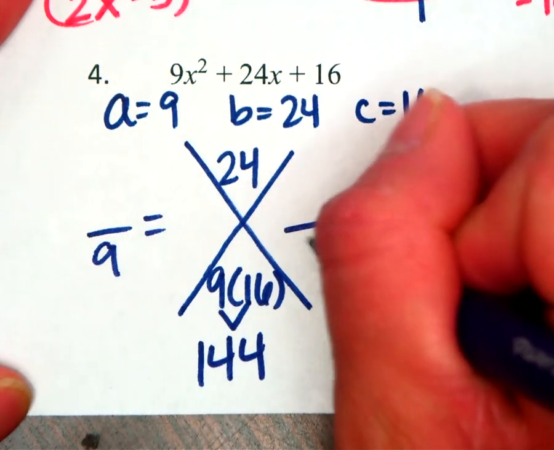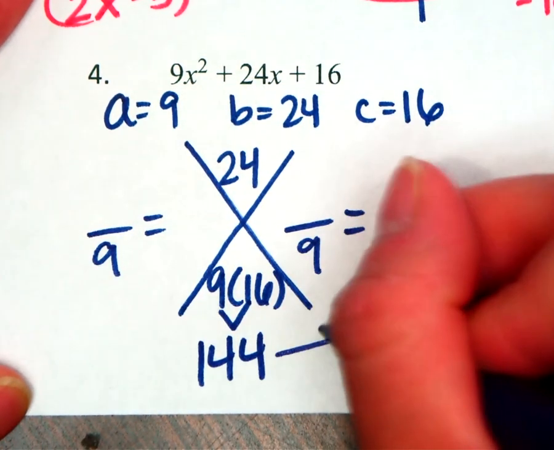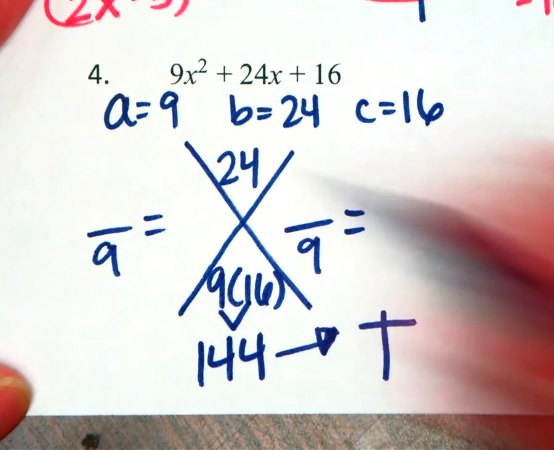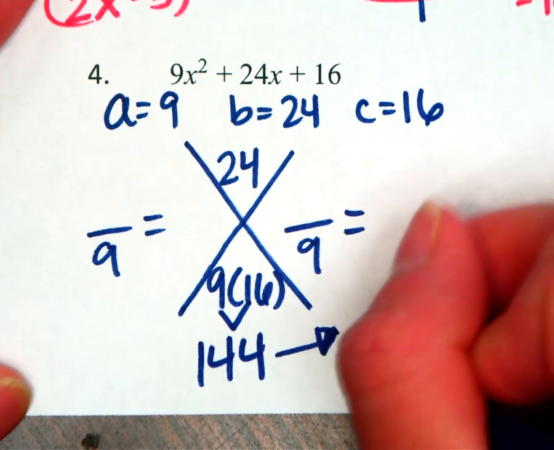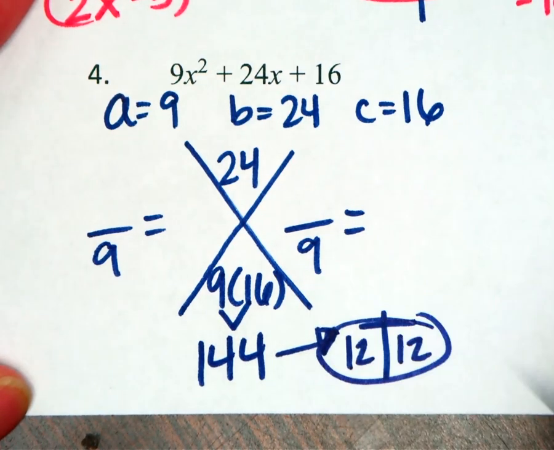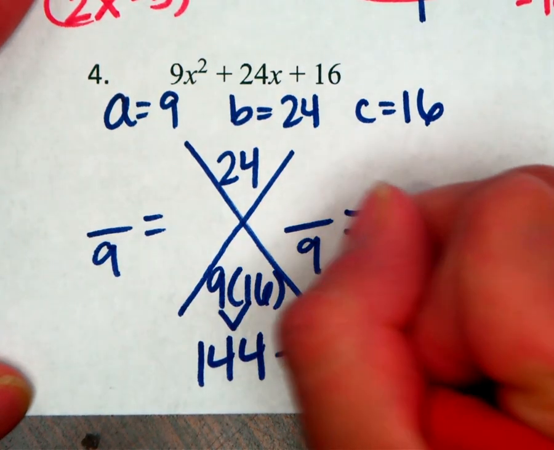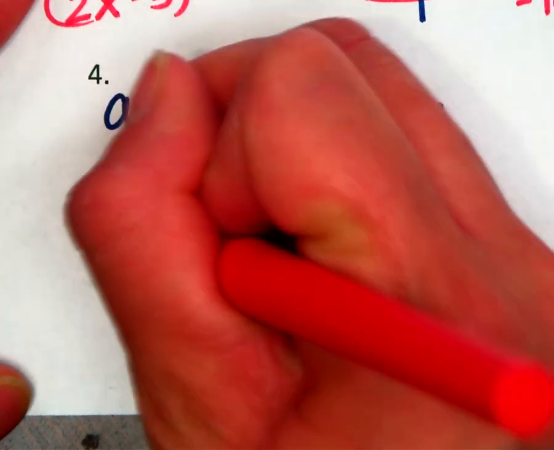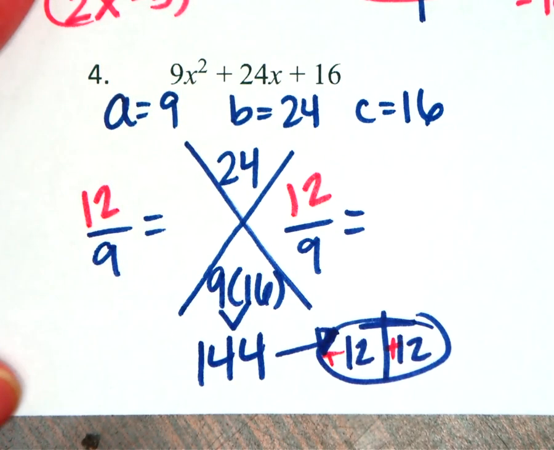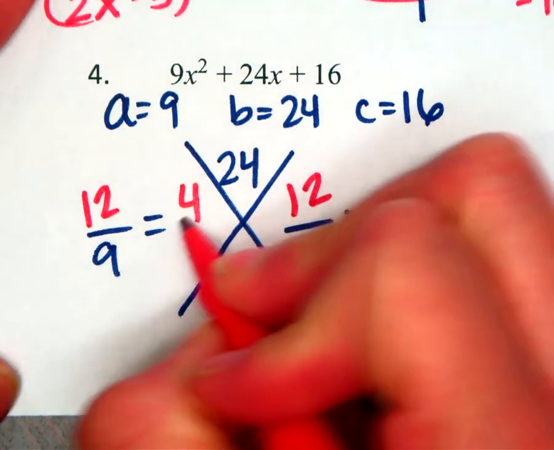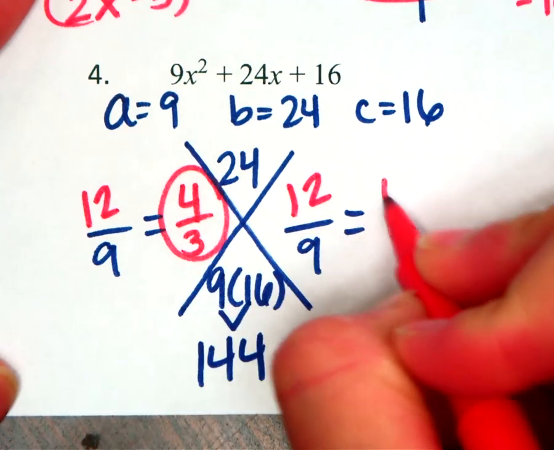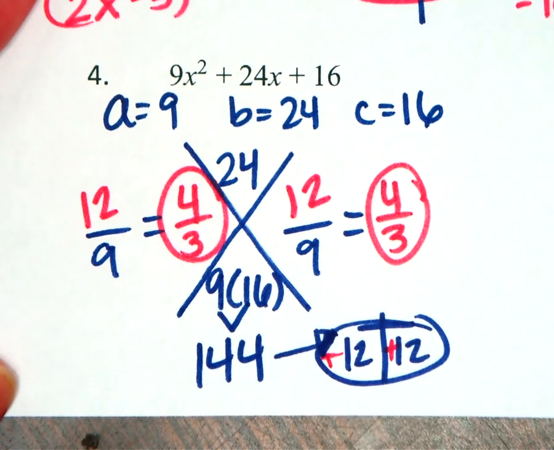Divide by a. So if you look for your factors of 144 that add up to 24, and multiply to get you 144, they're going to be 12. So a positive 12 and a positive 12. So if you take 12 and divide it by 9, because that is a, simplify that, and it simplifies to 4/3 on both sides. So this is where you want to remember bottoms up,